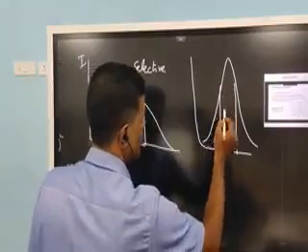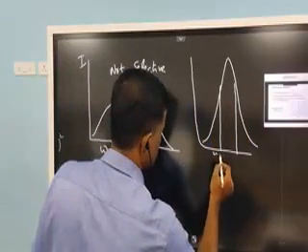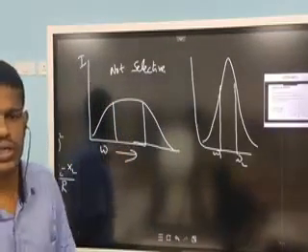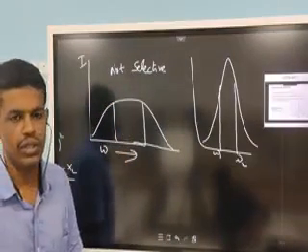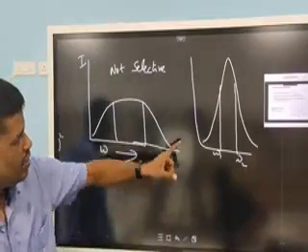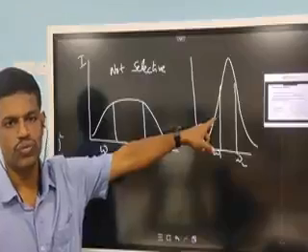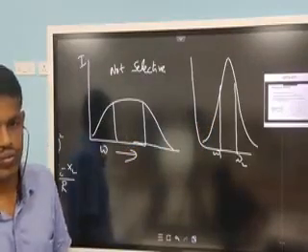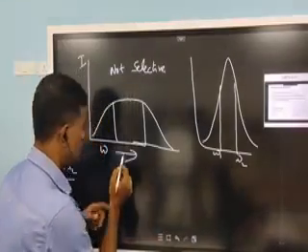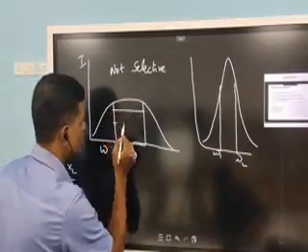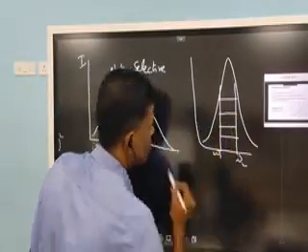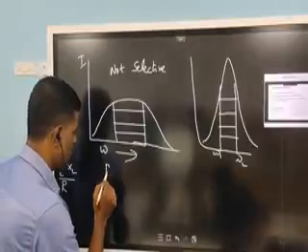For frequencies below and above this, we can mark these frequencies omega 1 and omega 2. For frequencies above and below this, the current is very less. So we can say that this circuit is very selective. This is not selective. Here, the separation between these two frequencies is called bandwidth.